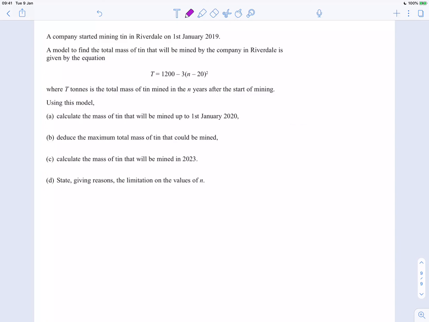Using this model, calculate the mass of tin that will be mined up to the 1st of January. Okay, so up to the 1st of January is when n is 1, right? It's up to 1 year after. Okay, so when n is 1, T is going to be 1,200 minus 3 lots of 1 minus 20, which